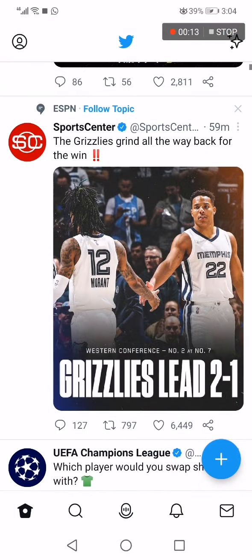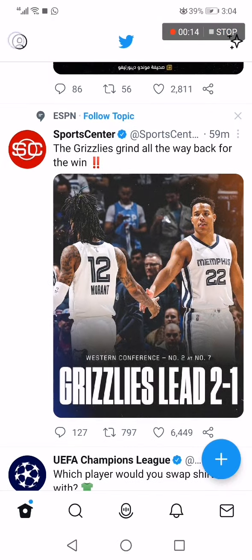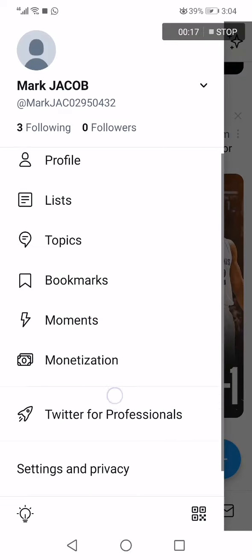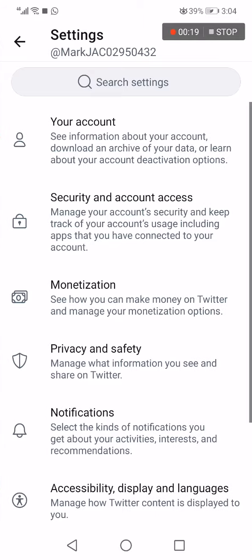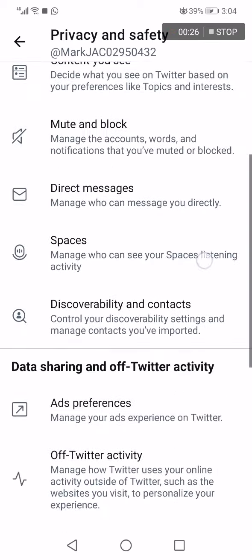So first thing, go to Twitter app. Now go to the top corner and click on your profile picture, then go down and choose settings, and here you will find some options. Choose the privacy and safety option and go down, click here,